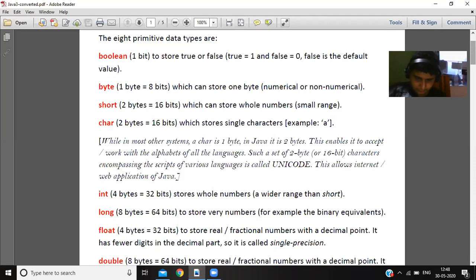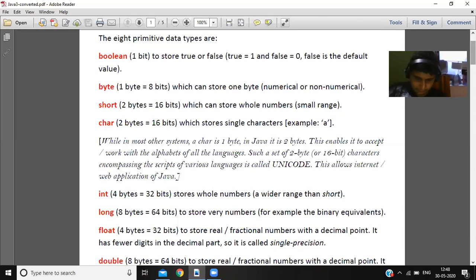Byte is 1 byte or 8 bits, numerical or non-numerical. Short is 2 bytes or 16 bits, whole numbers, integers, small range integers. Character is 2 bytes, which stores a single character, and that's what we were saying about Unicode.